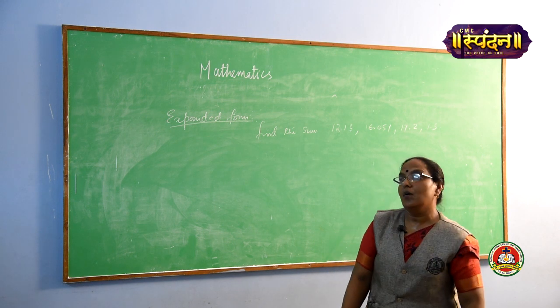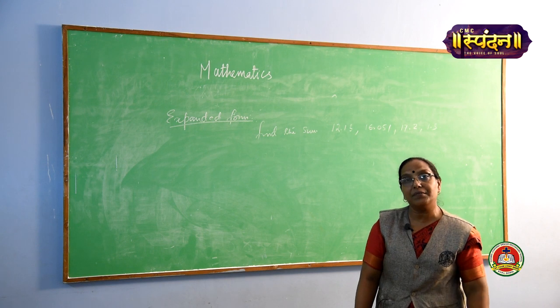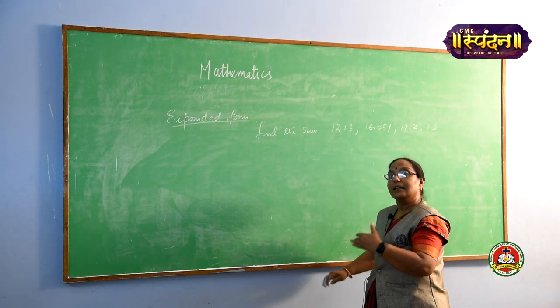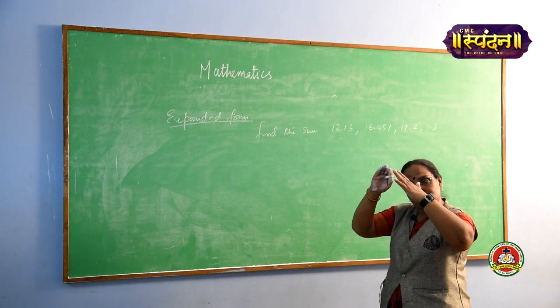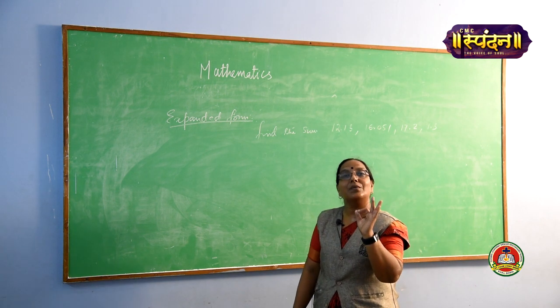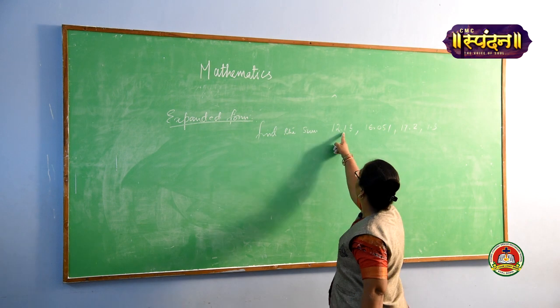So how to add? What you are going to do, you have to see whether after the decimal point the number of digits are same or not. Okay. So when these numbers are same, that time you are going to add in the column manner, exactly all the place values of the numbers in the correct form, column wise. For example, here